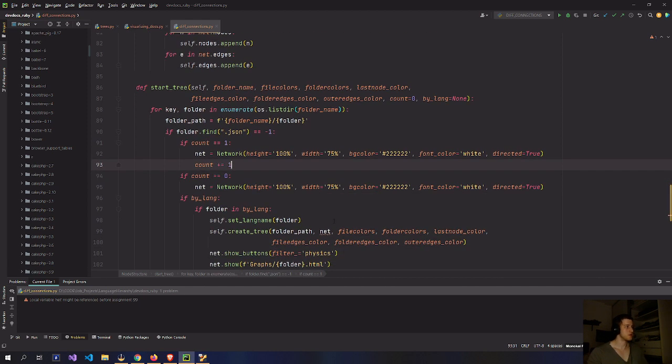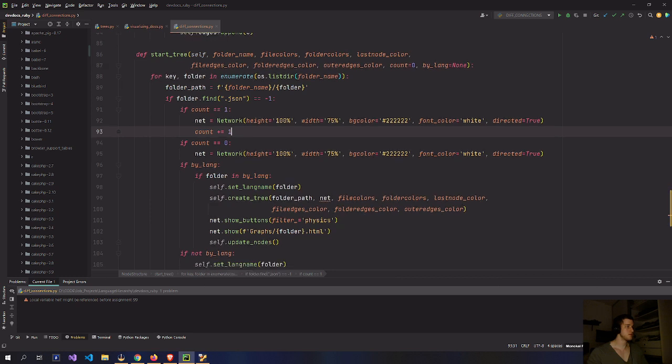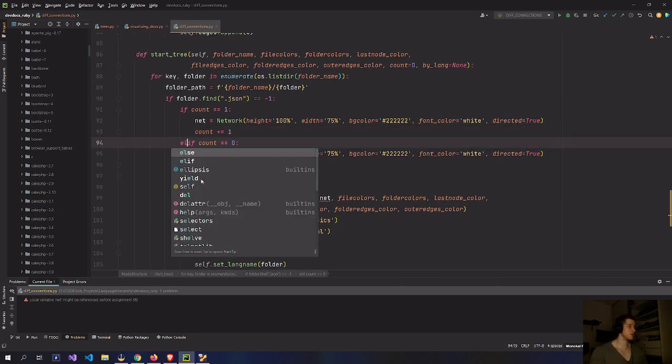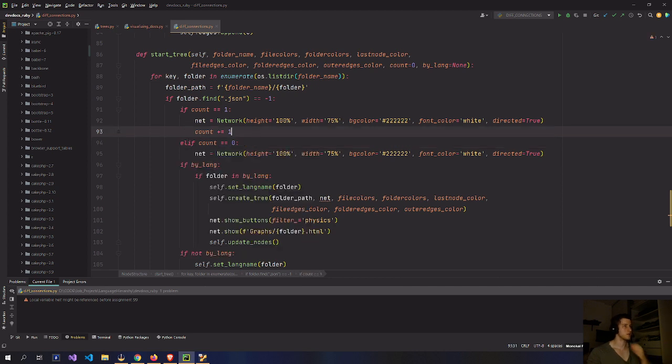So if count equals 0, I can do elif actually. I think it's probably better. So if count equals 0, it creates the network there. If count equals 1,